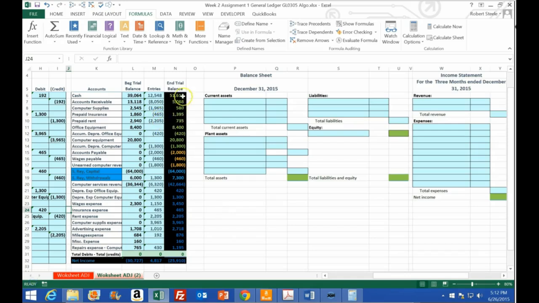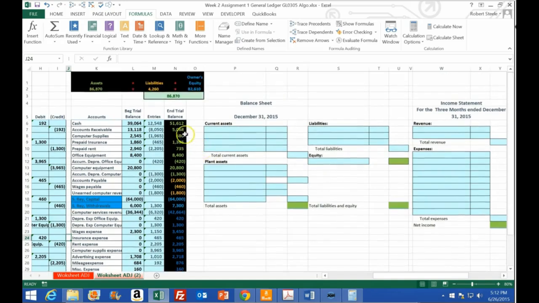So now what we're going to do is we're going to take these ending trial balance numbers and we're going to make the financial statements from them. So we're going to take them from a debit and credit type format and we're going to put it into a financial statement format. So we're just going to be using the numbers on this side here. So we can see that the accounting equation is in balance here because of total assets